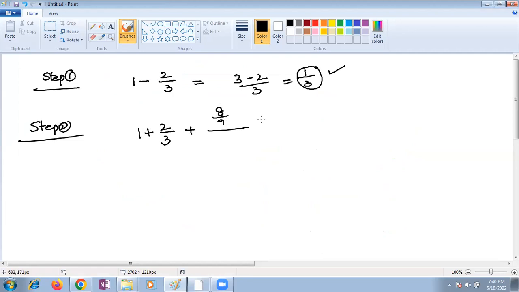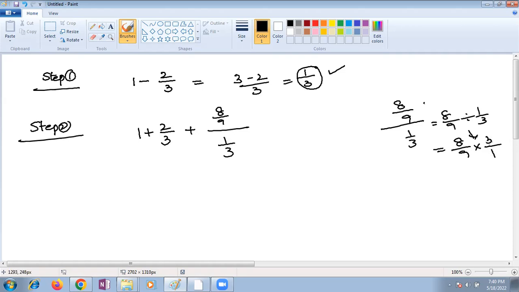I got 1 by 3 in the division. Now we know where to put 8 by 9. If I divide, this sign I can keep, or else I can write 8 by 9 divided by 1 by 3. Both are the same, children. So this will be 8 by 9, reciprocal of the next fraction, which means 3 by 1. 3 ones are 3, 3 threes are 9, so it's equal to